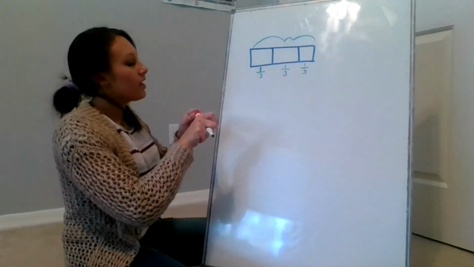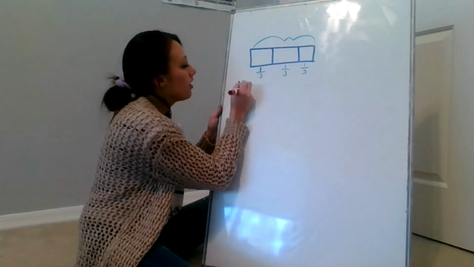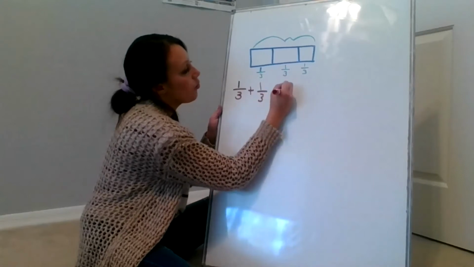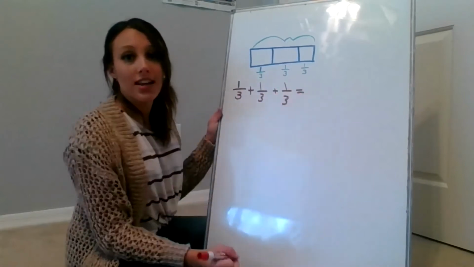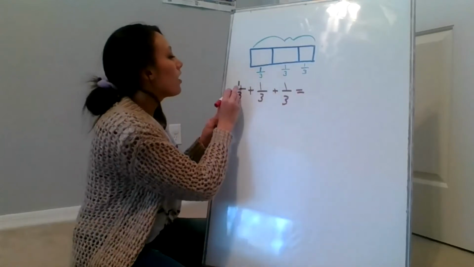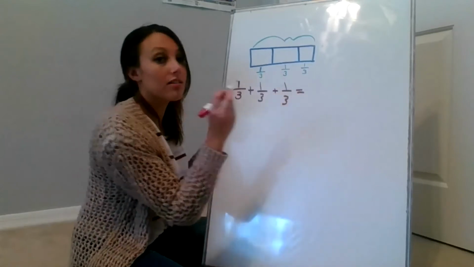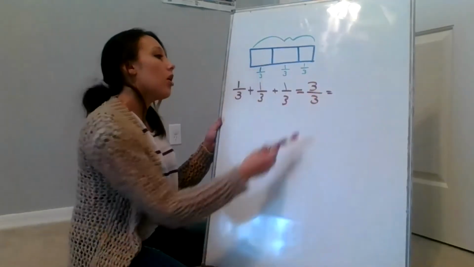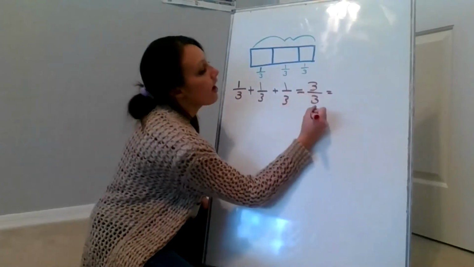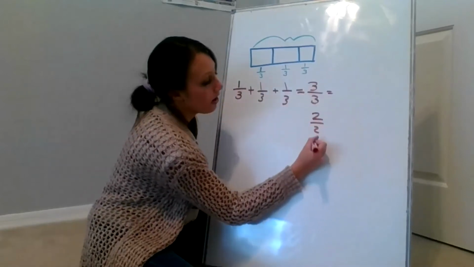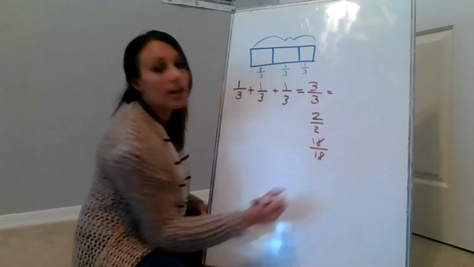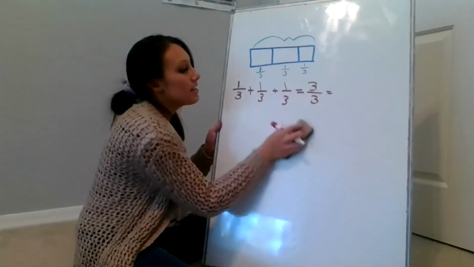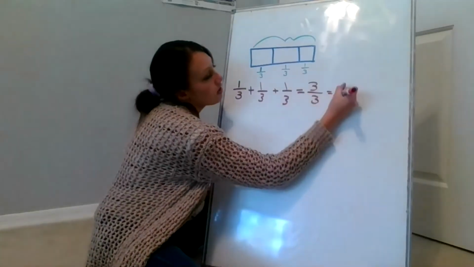We are going to say 1/3 plus 1/3 plus 1/3 equals, now this equals 3/3, right? Because 1/3, 2/3, 3/3. So we're going to write it equals 3/3. But when you have the same number over itself, so you have like 3/3, or if I had 2/2, or 18/18, if you have the same number in the numerator as in the denominator, this is equivalent to 1. So 3/3 is equivalent to 1